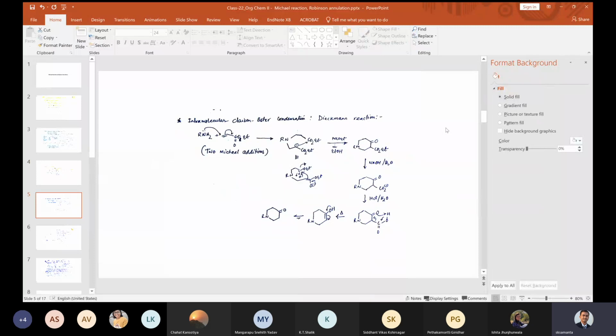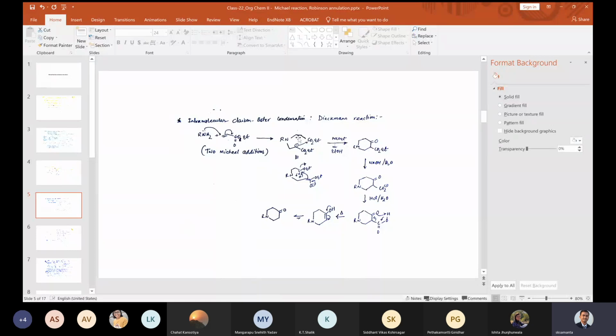This example we have already learned before, but here again we will give this example. In this case, the nucleophile is basically an amine, actually a primary amine, and we take this kind of Michael acceptor. Then we take two equivalents of this. So this amine would attack this 4 position to lead to the 1,4 addition product.